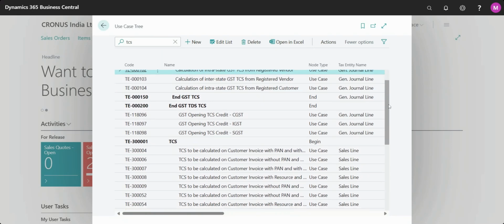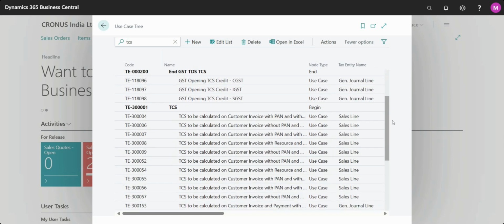But if I need any kind of scenario for those documents, we can use it in the sales document. These are the scenarios. So you need to compare it with the use case, whether it will work in sales line or not.